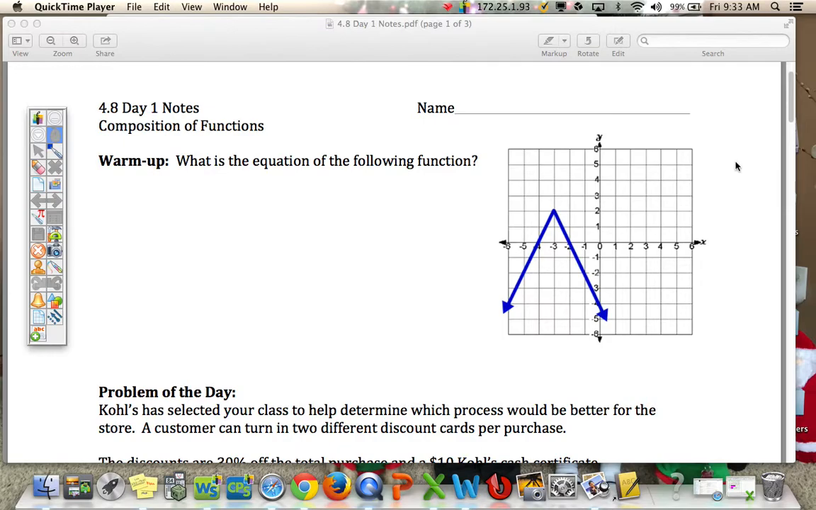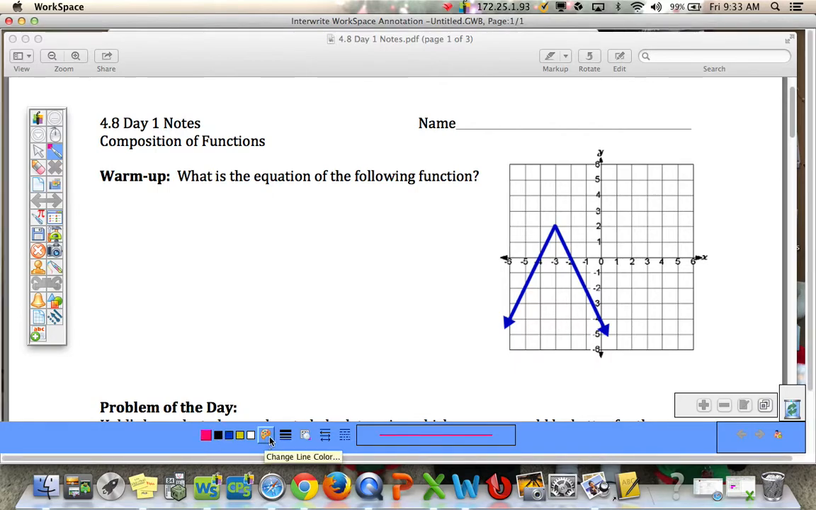With this one, you should be able to recognize it's absolute value, and you want to start at the vertex. The vertex right here is -3, and then it's up 2. So this will be our h and our k. So we know it's absolute value. Here's the parent function. And we know that it is shifted left 3, up 2, but also flipped over the